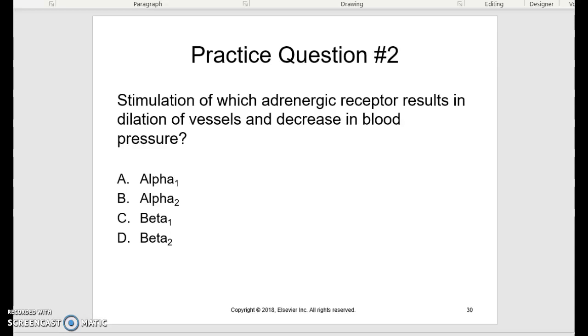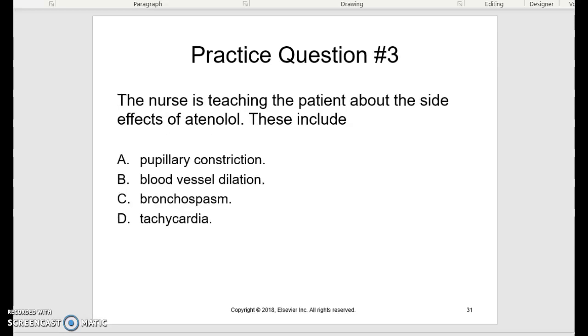If you answered B, alpha-2 receptors, that is correct. Remember, those are the one receptors that are not like the others. When alpha-2 receptors are stimulated, they inhibit the release of norepinephrine, leading to a decrease in vasoconstriction. This results in vasodilation and a decrease in blood pressure. Question 3, the nurse is teaching the patient about side effects of atenolol. These include,